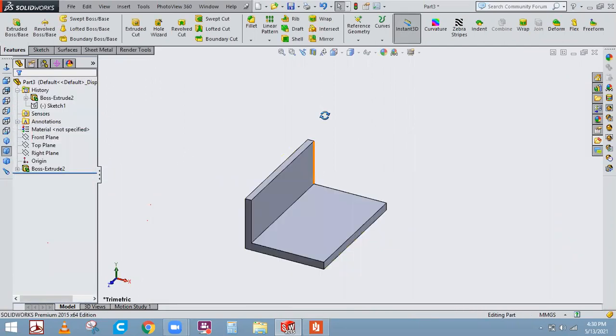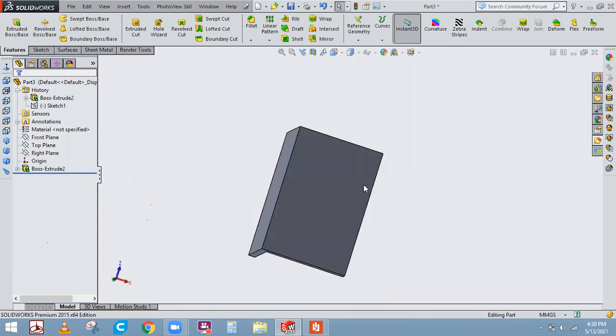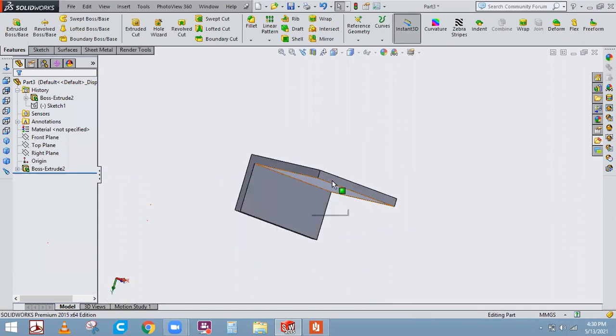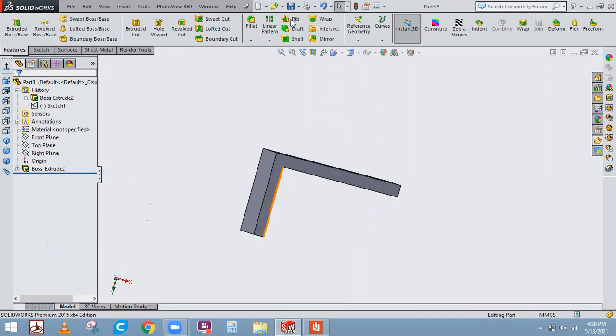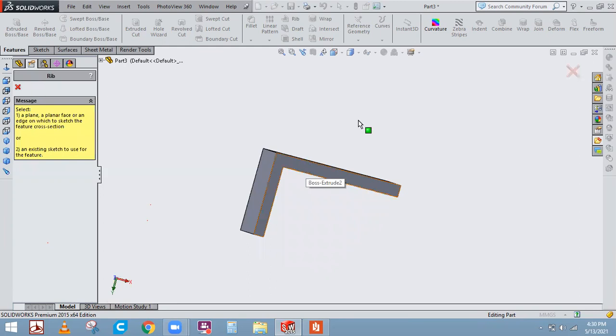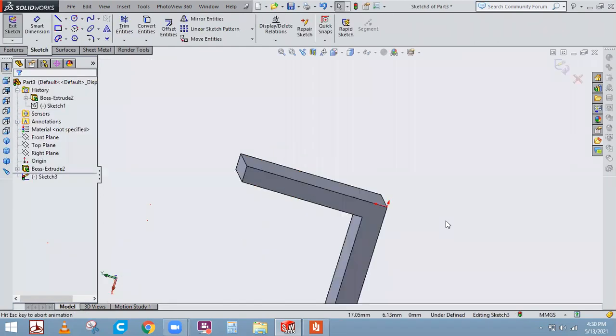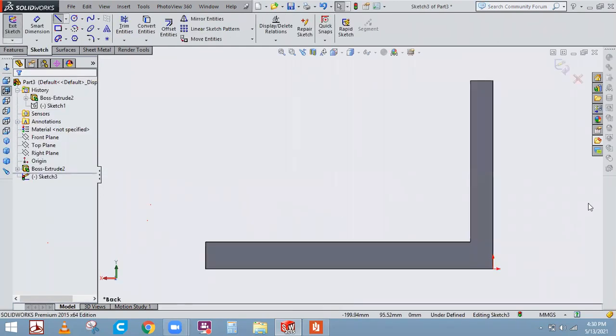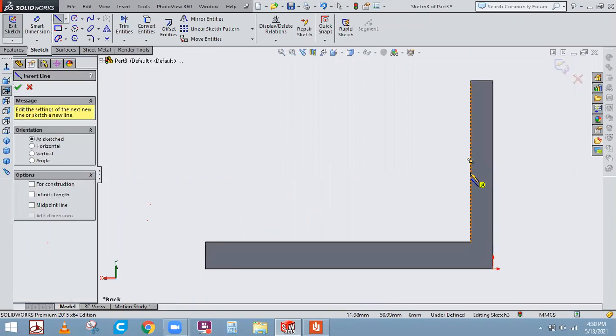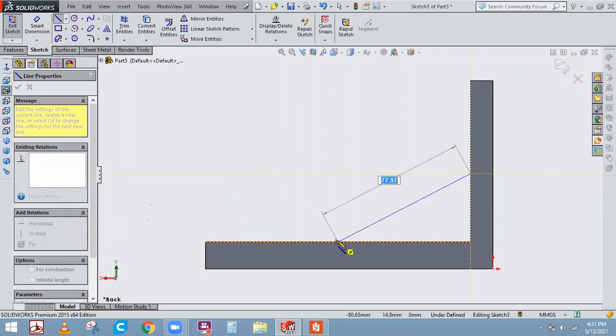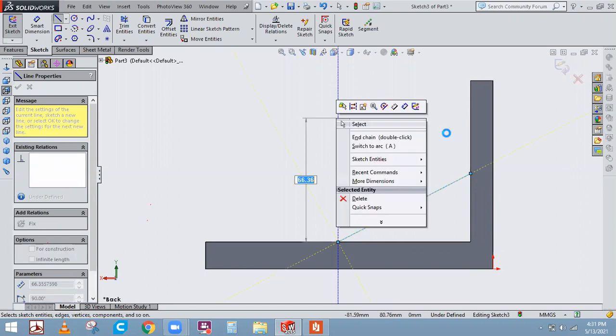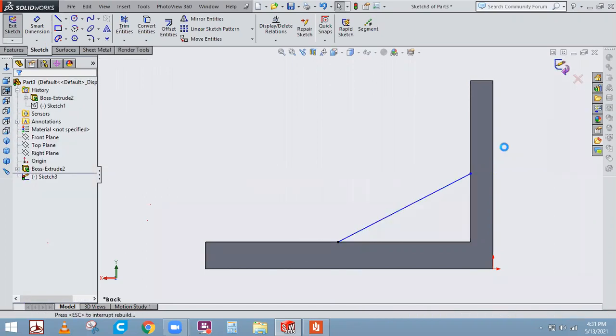Okay, now if I just try to add some load on this thing, it will be bent, right? To avoid this, we have to give some support to this. To provide that support, I'll go with this rib, and I'll select this face. Once I select this face, it will automatically turn to the Sketcher workbench. Then I'll draw a line from here to here like this, and I'll say exit.